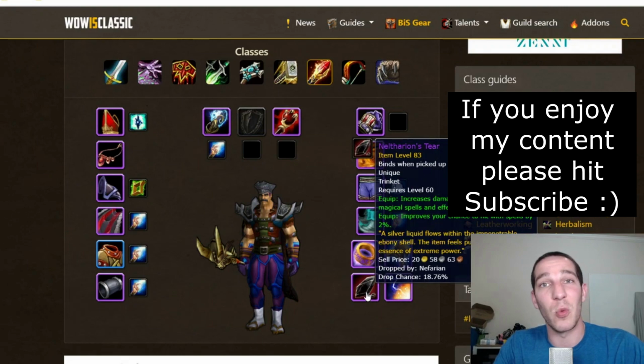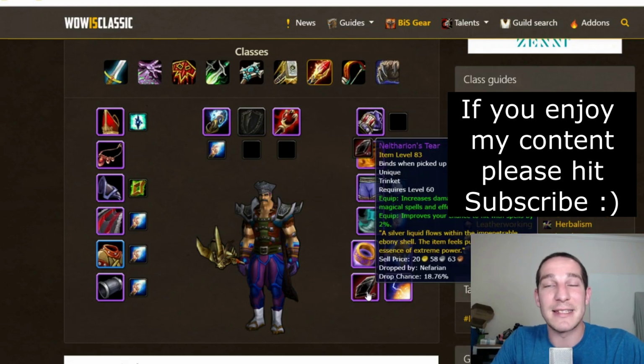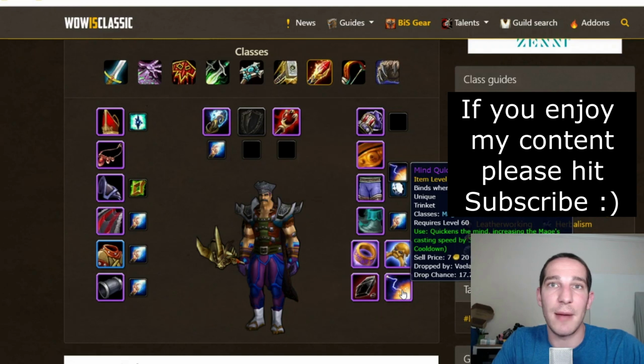This is where I think the Warlock should get this first, because obviously you guys have enough hit, but it's something everybody's going to want to get. The Nephilim's Tear is going to be good the whole way up through Nax, so you definitely want to get your hands on that. And then the Mind Quickening Gem, an excellent class-specific trinket, is going to give you increased casting speed